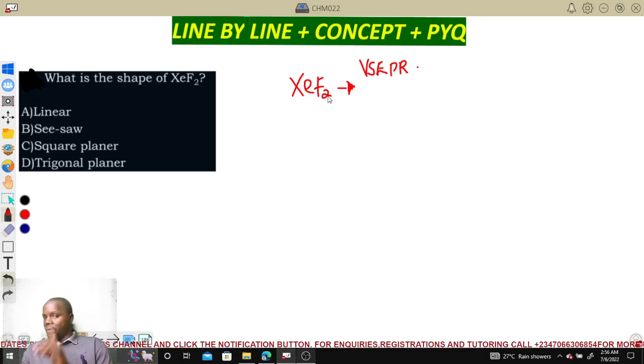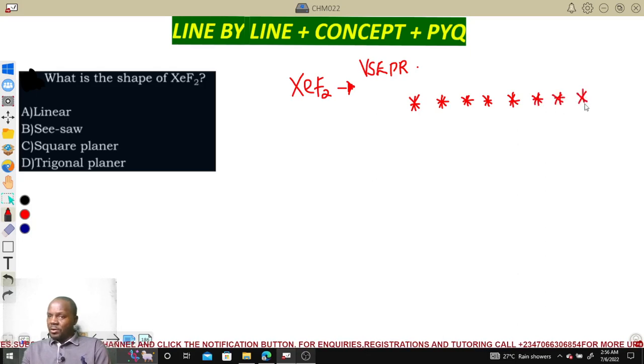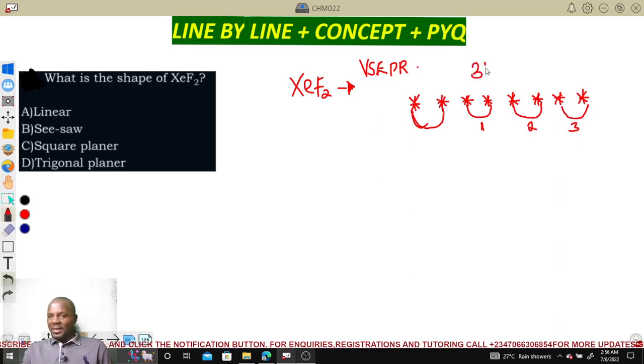Then fluorine needs 1 electron each. So if you draw 8 stars, the knowledge I used to teach: 1, 2, 3, 4, 5, 6, 7, 8. You can listen to the concept. Then if you take away the fluorine, there are 2 fluorine, 1 and 2, so 1 and 2 are gone. So what are you having left? You have 1 lone pair, 2 lone pairs, and 3 lone pairs. So you have 3 lone pairs